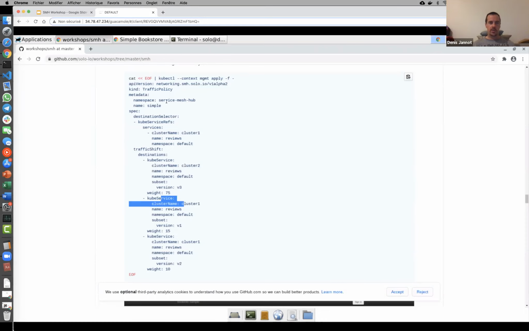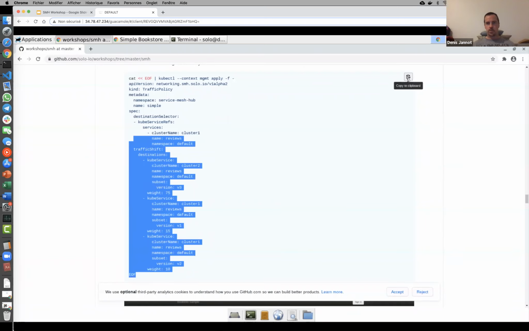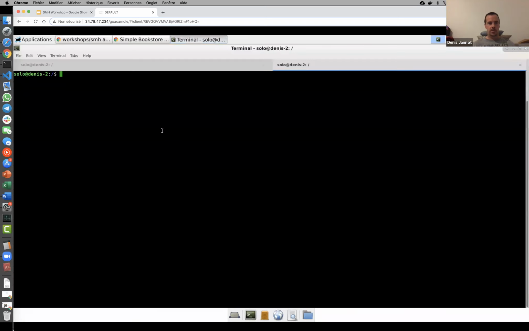So you see, it's a very simple way to define this cross-cluster communication. So if I just copy that and paste this in my terminal,